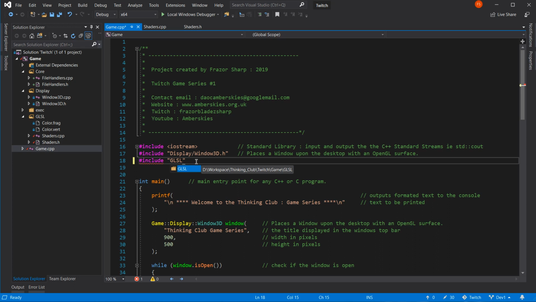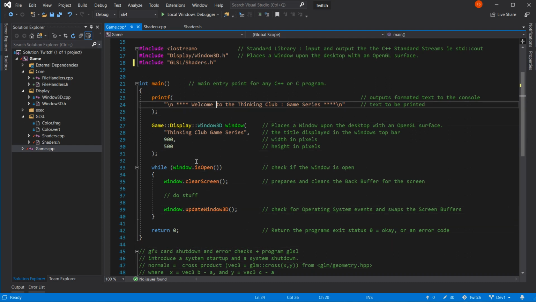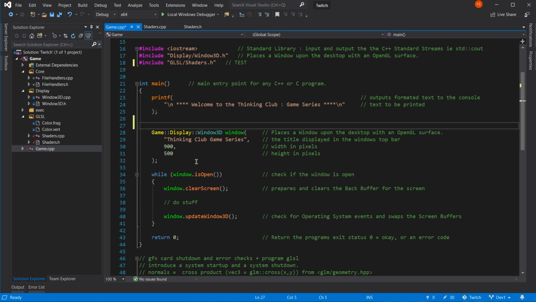Just realised something. GLSL shader.h. This can give a false, can't it?